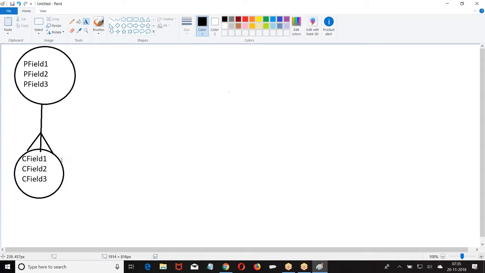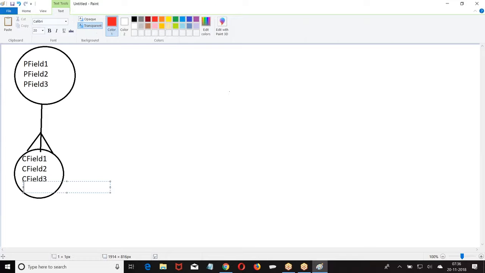When two objects are connected by a master detail relation or a lookup relation, in creation of formulas, the child record can refer to its parent, which is also called a cross object formula. So look at this example. If there are two objects connected, let us say this is the name of the lookup field.